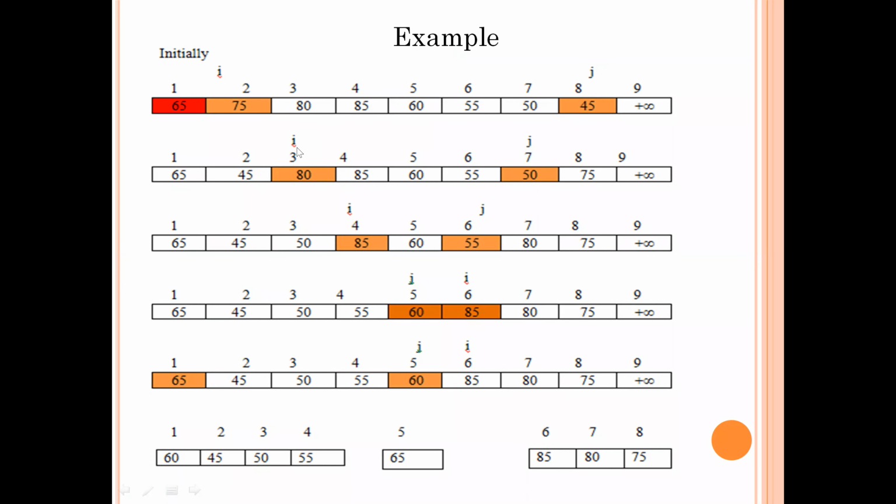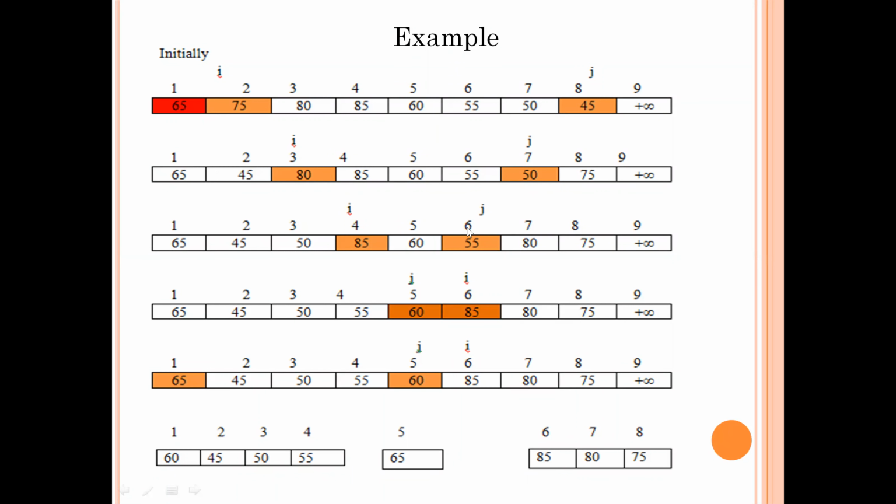Again the same process. Is i less than j or not? Yes, it is less than. Then what I told, these two values must be swapped. So now this 50 comes to index 3 and this 80 comes to index 7. So again i will move to the next position. From 3 it will come to 4 because it is incremented. Now again it will check 85 with 65. It is greater than, so it will stop here.